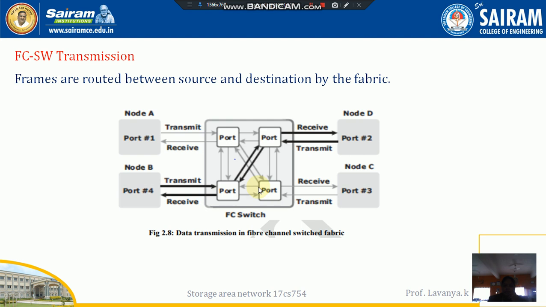In the network I am using four types of nodes, that is node A, node B, node C and node D. So the ports also send and receive the data in all the possible paths. Then what is the data we are going to use here? The data can be of four types.